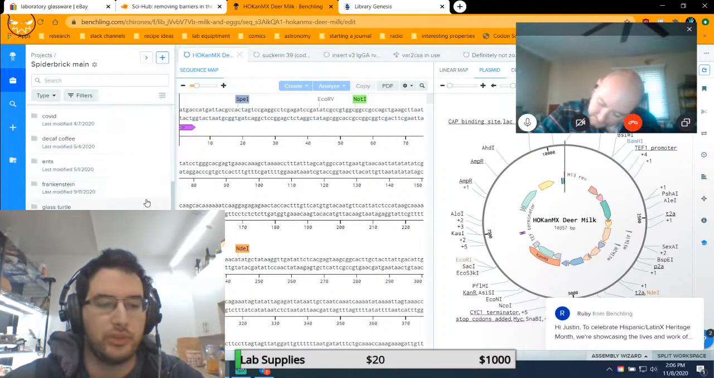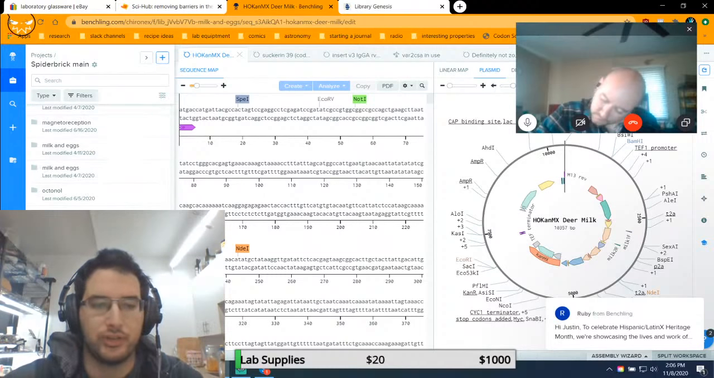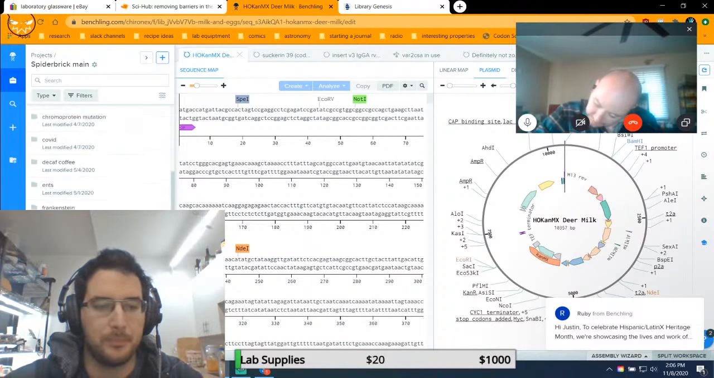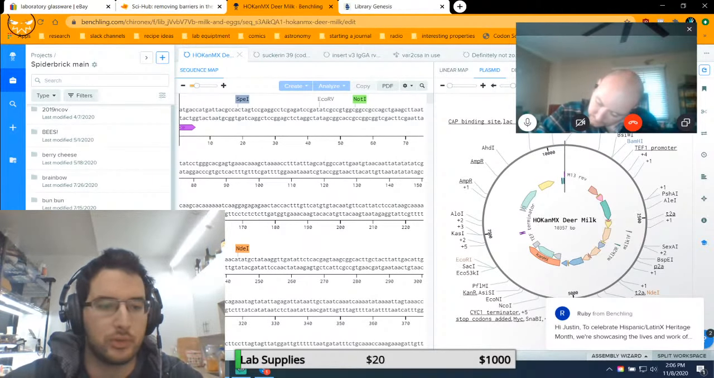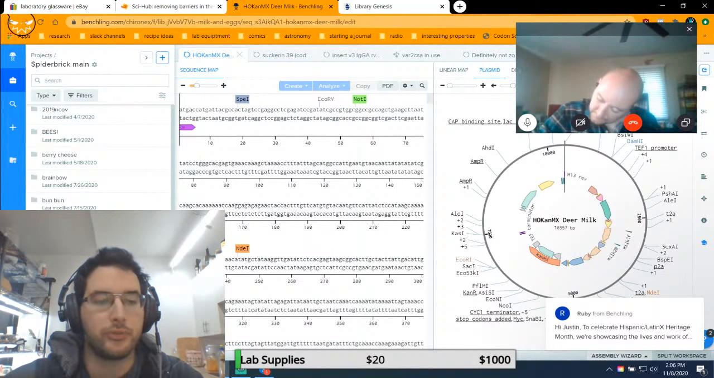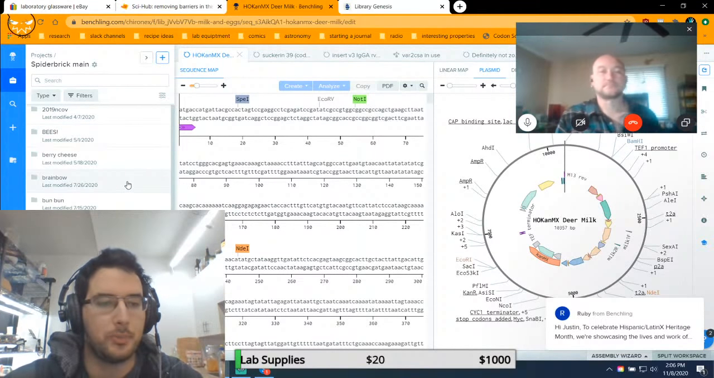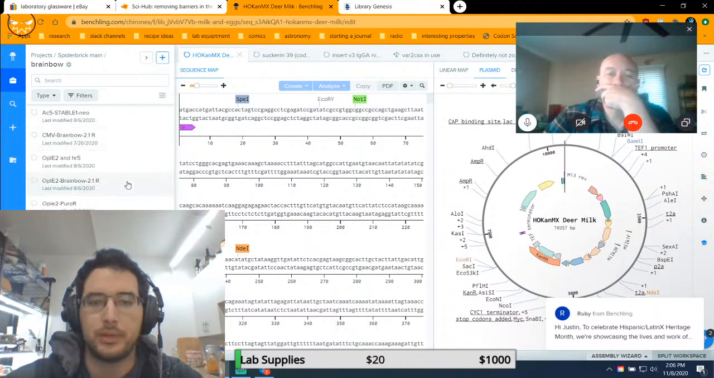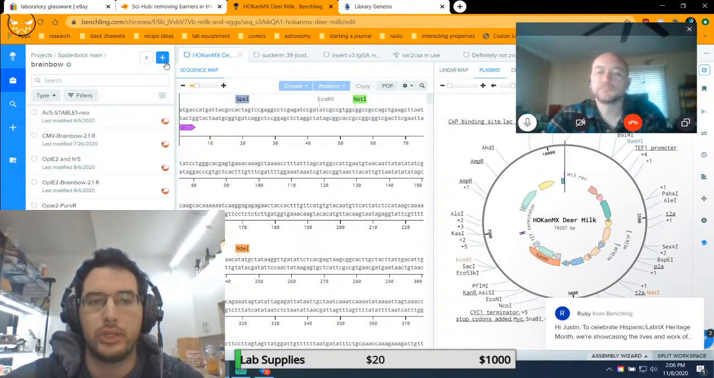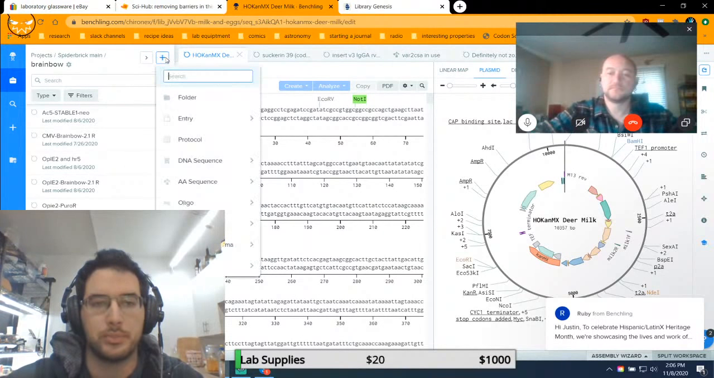This is just a small selection of all of the different projects that we've done here. You'll notice that some of the folders are duplicates. Don't worry about that. For example, if I open up Brainbow, I've got all my different plasmids in here, but one of the things Benchling lets you do is take notes and write out protocols. So when you click on the little plus button,